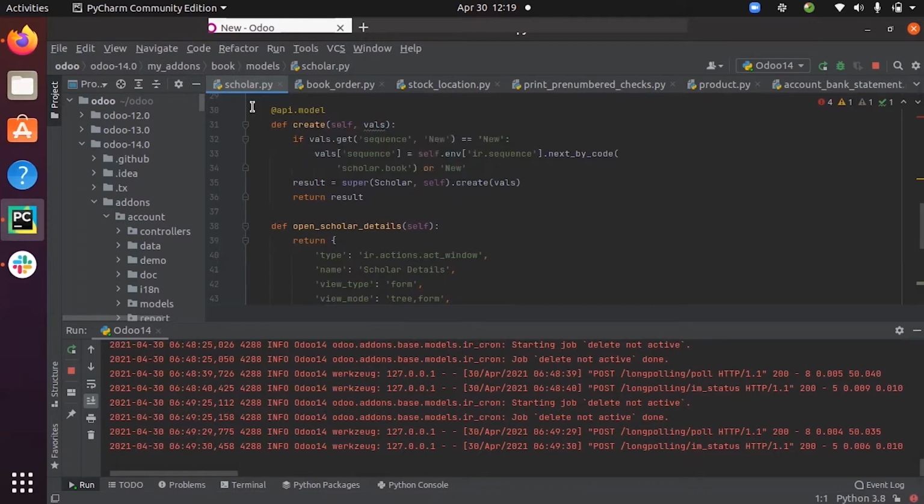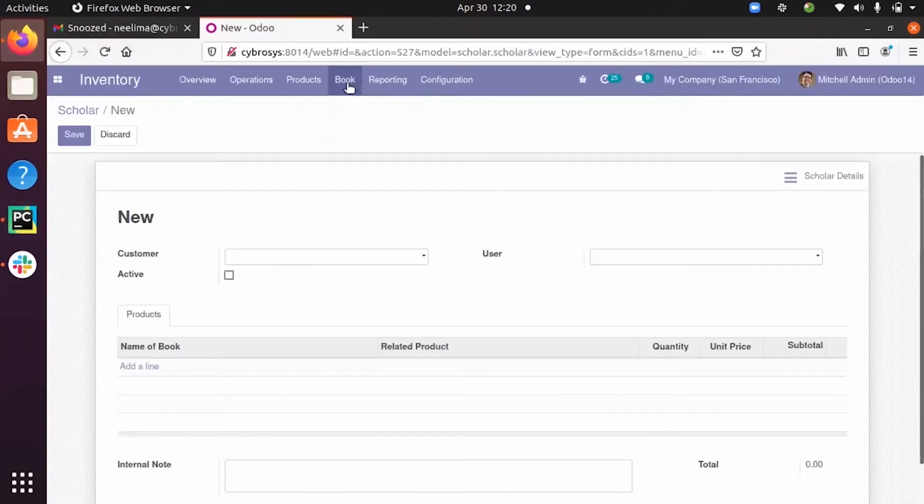I have defined this model inside my Python class file, caller.py. This is my Python class file that I have created inside my custom module, book. I have added that inside my inventory module. After installing the custom module, you can see under the book menu I have two submenus, book details and scholar.